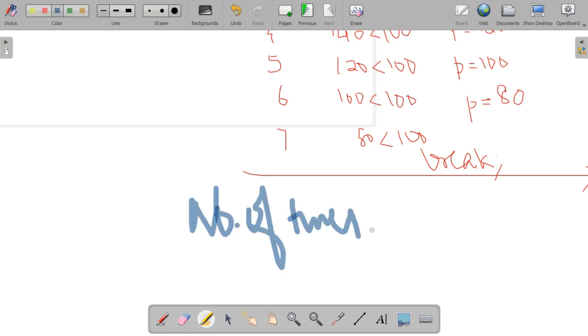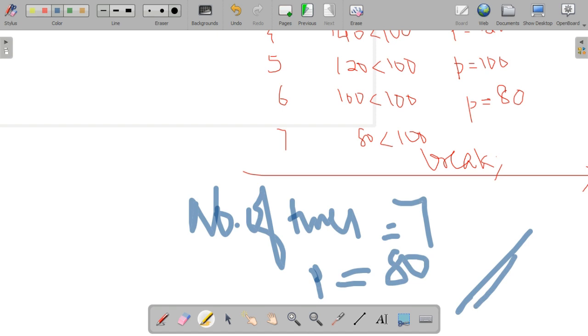So how many times did the loop execute? Listen to the question: how many times will the loop be executed? It executed 7 times, and the value of P is equal to 80.